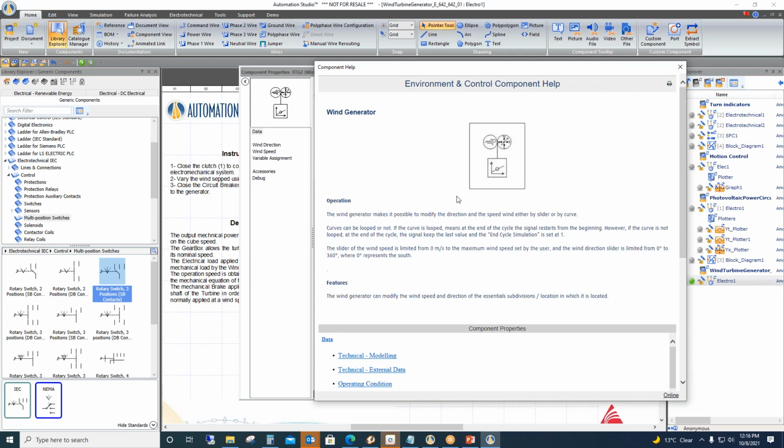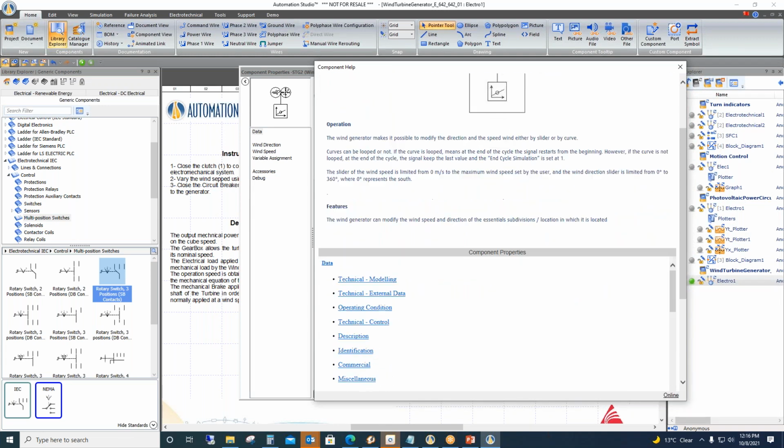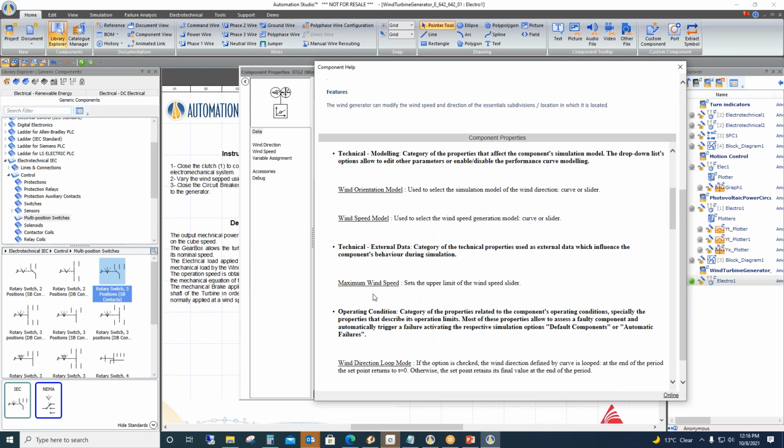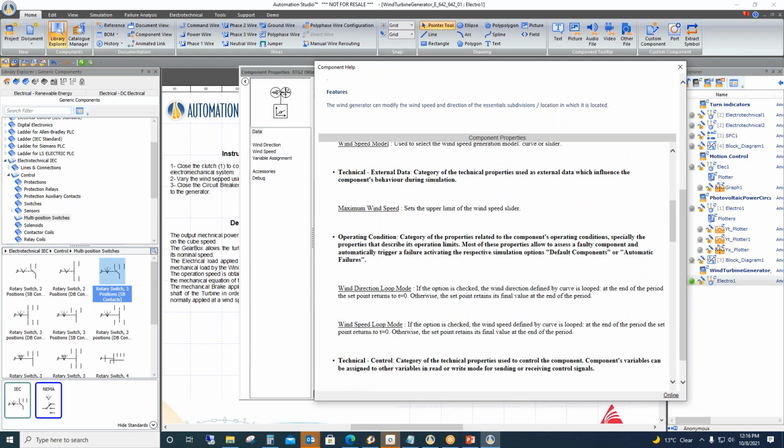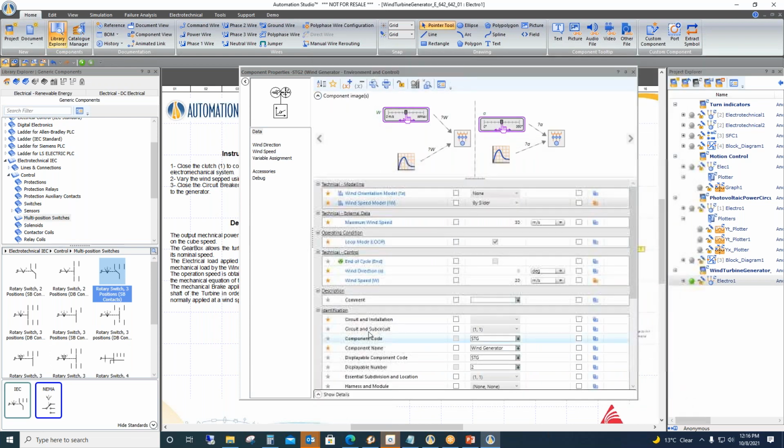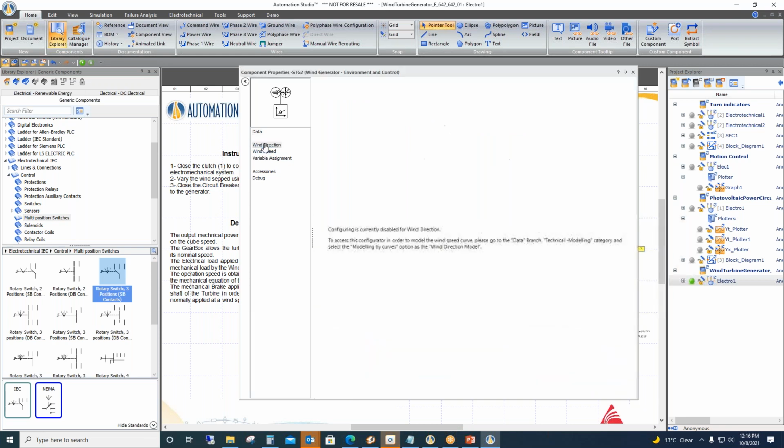So here we have this wind generator and the different types of models to it: the wind direction loop model, wind speed loop mode, etc. And then here we can give the direction and speed, and all this direction here, you can edit it.